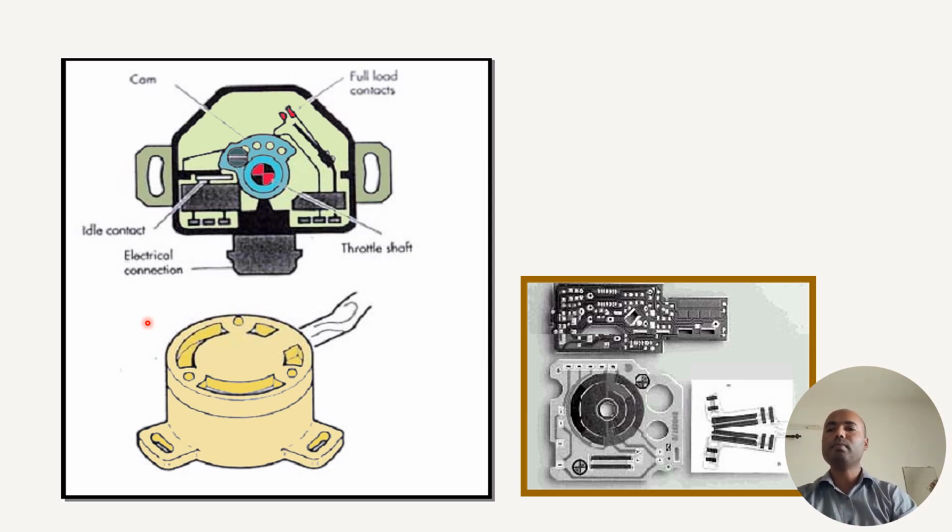So this is the schematic cut section model of the potentiometer, or especially the throttle position sensor. On the back side it has a camshaft. This camshaft is directly connected with the throttle valve, or in the application of the acceleration pedal or brake pedal. On the other hand, it has a cam lobe. This cam lobe varies the contact positions. These contact positions are in direct contact over these filaments.